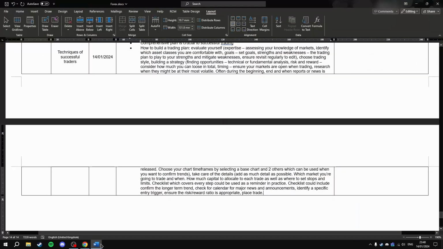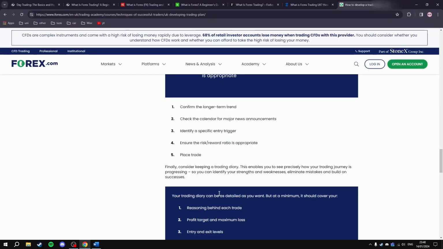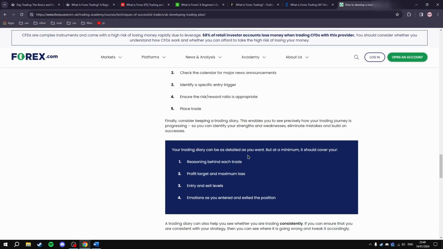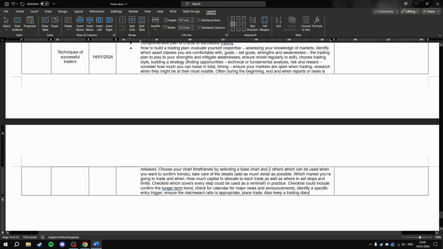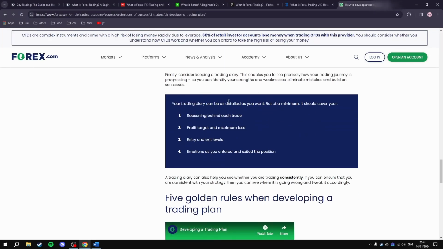Finally, consider keeping a trading diary. This enables you to see precisely how your trading journey is progressing, so you can identify strengths and weaknesses, eliminate mistakes and build on successes. Your trading diary can be as detailed as you want, but at a minimum it should cover